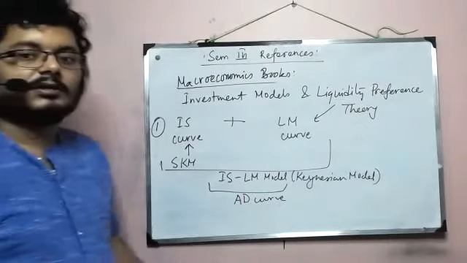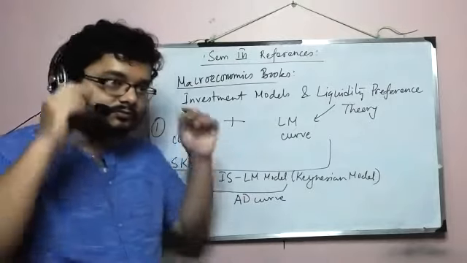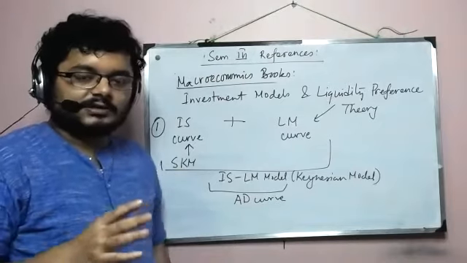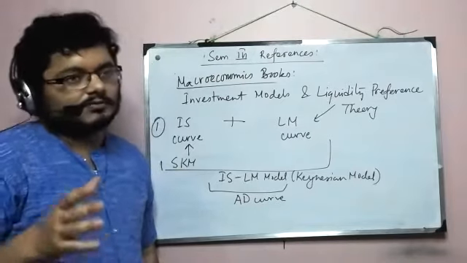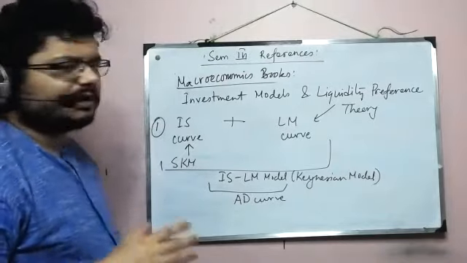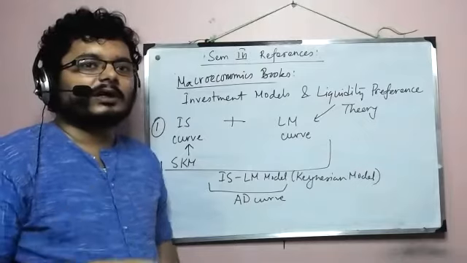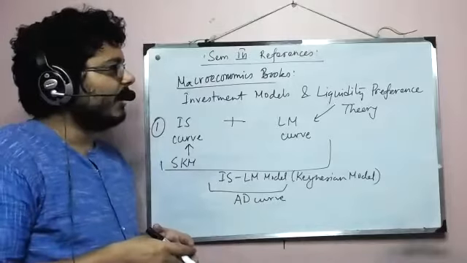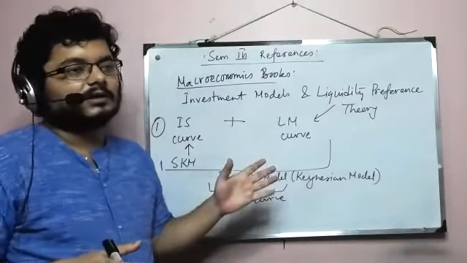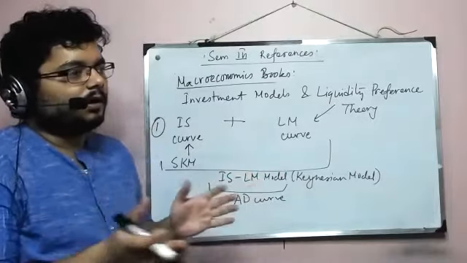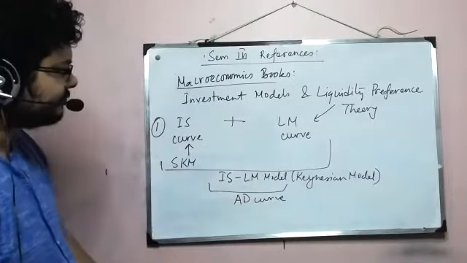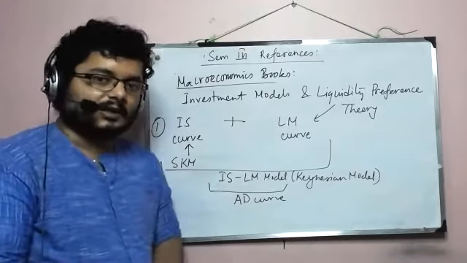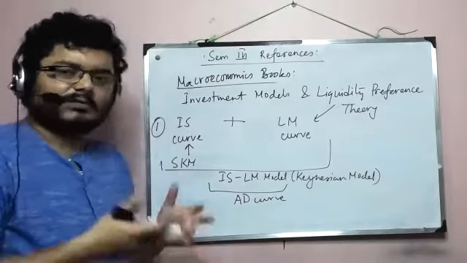Now you have studied the classical model. In the classical model, our prime concern was to know about the price level and the output or quantity, and how they are determined. So when I'm working in a Keynesian structure, the ultimate objective is obviously to have those two things, price level and output. For that we need an aggregate demand curve and an aggregate supply curve, much like what we had in classical theory.